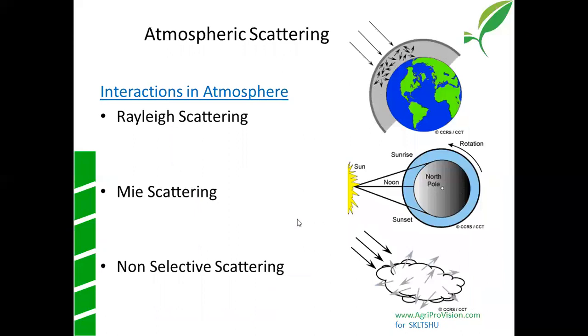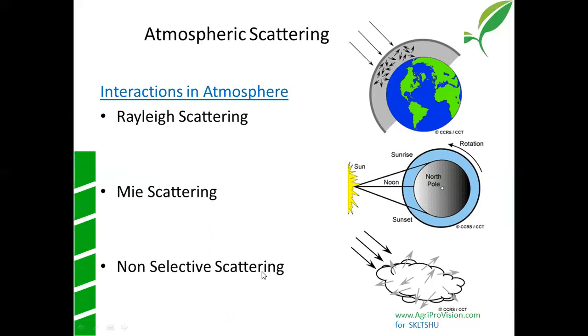So when you come to the second stage, once the illumination is done and we have the electromagnetic radiation, the second stage is basically its travel through the air from the illumination source of the sun all the way down to atmospheric scattering. You have three different kinds of scattering. When the radiation comes down, you have different kinds of molecules in the air. It could be ozone, it could be sulfur dioxide, it could be anything. You have Rayleigh scattering, Mie scattering, and then non-selective scattering.